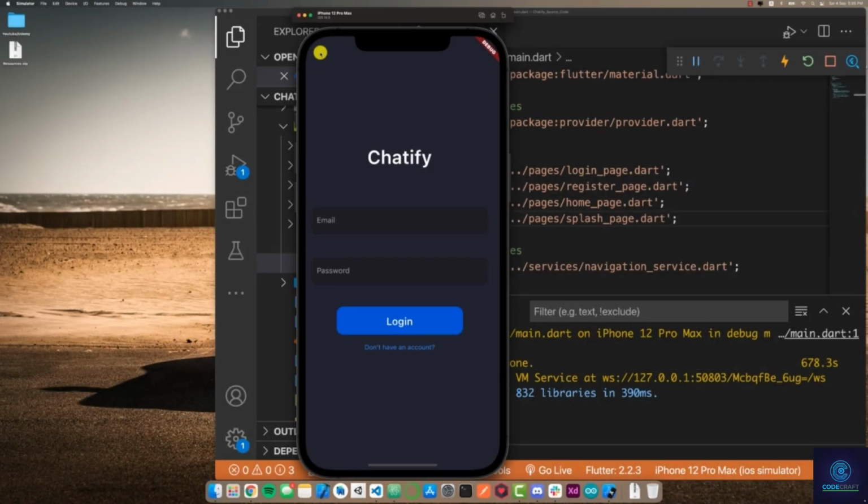Everyone, welcome back. In this video, we're going to be taking a detailed look at the application that we're going to be building. Our application is going to be a chat application, which is going to be powered by Firebase, a backend as a service provided by Google. So let's quickly dive into our application and see the features that it has